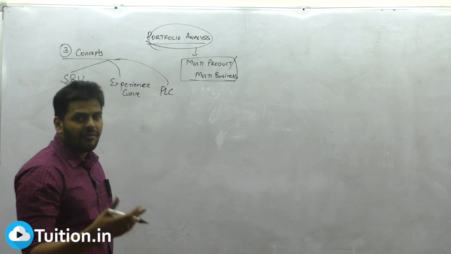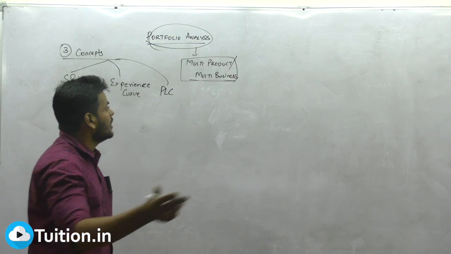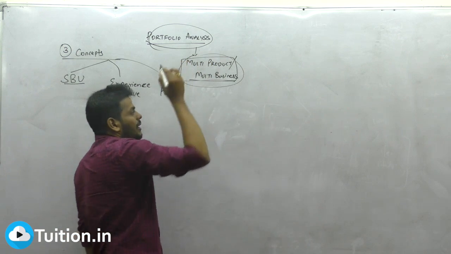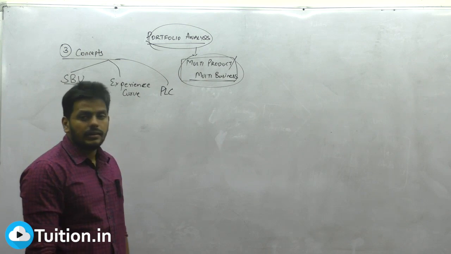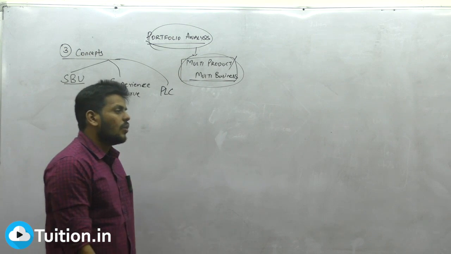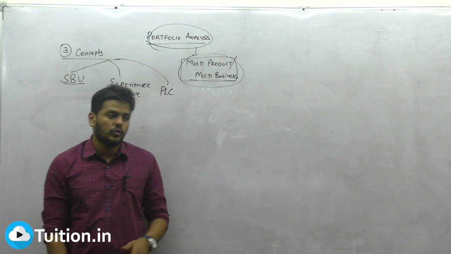Now, if I have 100 rupees and 4 products, how do I allocate? That will be the question when I have to allocate. But if there is only one product and no multi-product, then what is the reason for my allocation? So everybody, let's concentrate on trying to understand some of the basics of portfolio analysis, and then we will see what those analyses speak of, right?